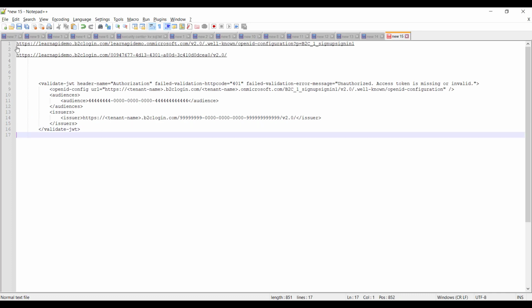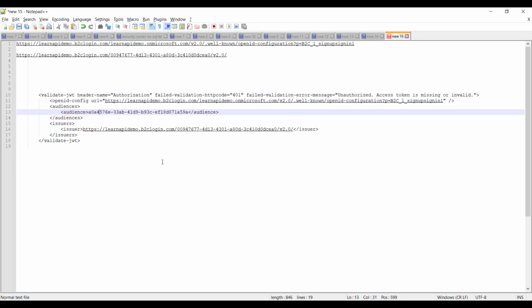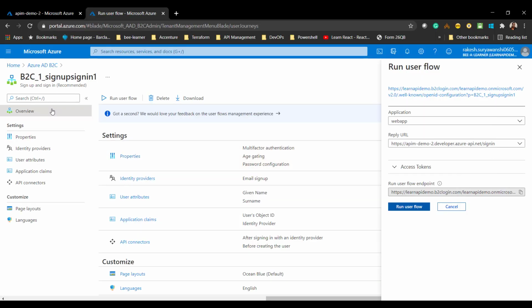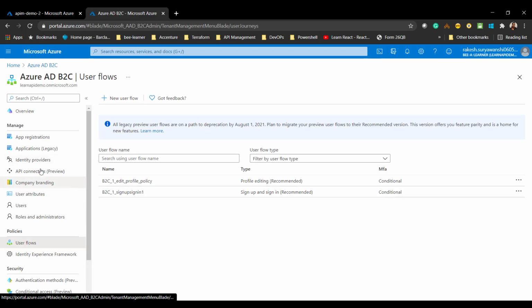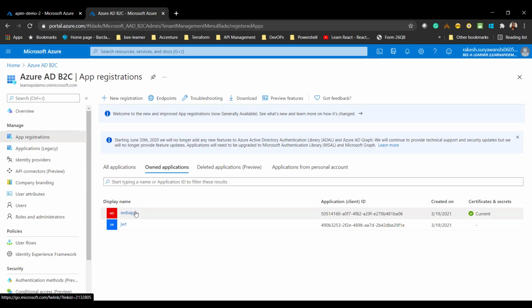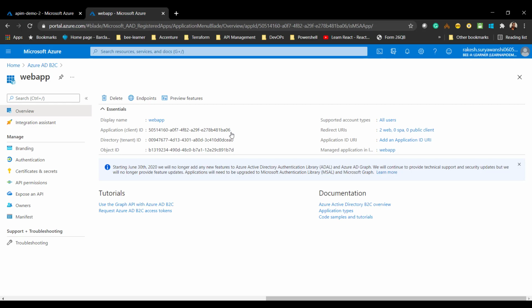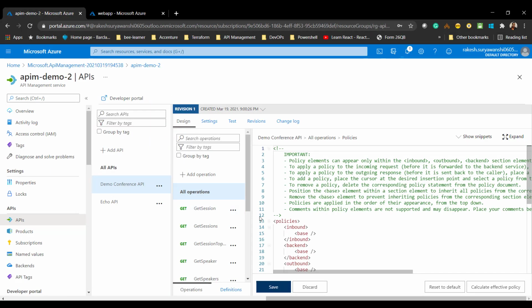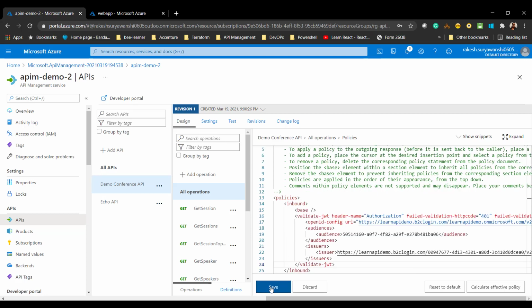Now we need to copy this value and replace this particular value here, and then use the application ID of your app registration. So I'll go to the application ID, go back to the API management policies, define this policy and save it.